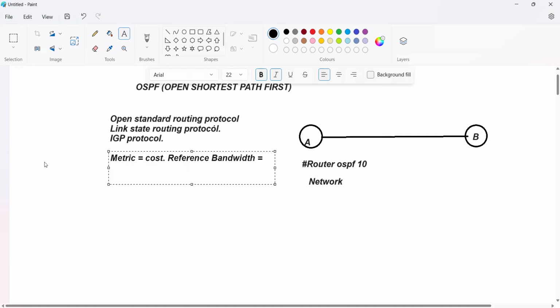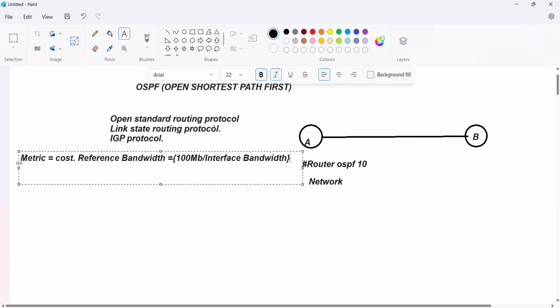It will use cost as a metric, and the formula is 100 Mbps divided by the interface bandwidth. This is the formula it will use, and in the RIP protocol it uses hop count,